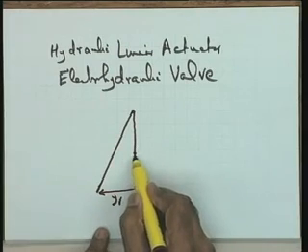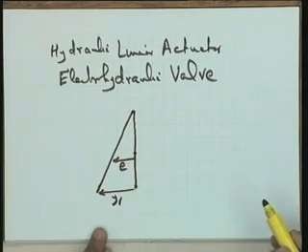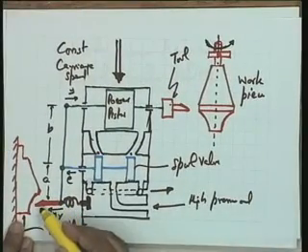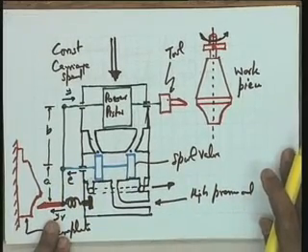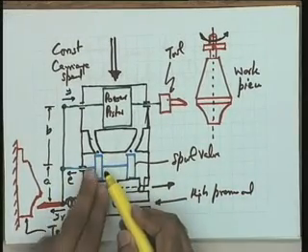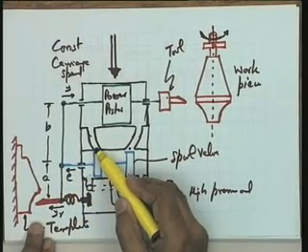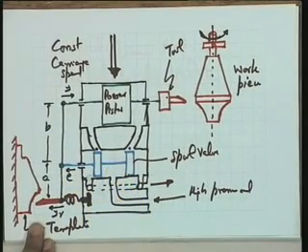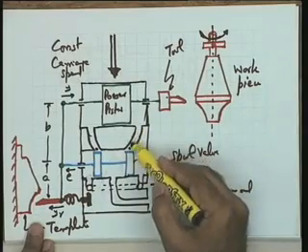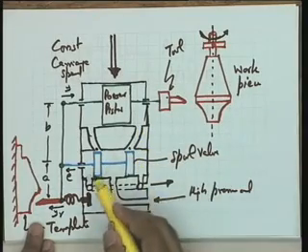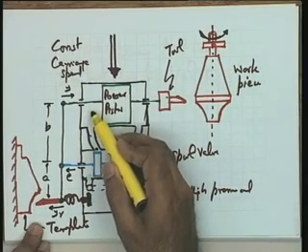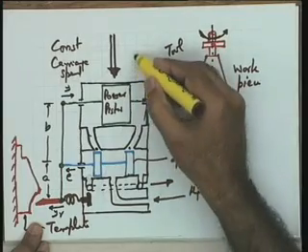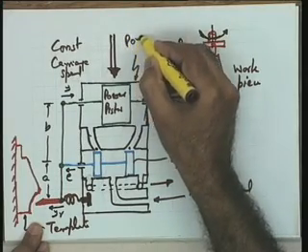Okay? So, it means with respect to this, there will be an error E. Now, what is this error doing? This point moving in this particular direction, it means spool is going to move to the left. Help me please, what will happen to this particular port? When the spool moves to the left, you find that this port is open to the high pressure oil, and this port is open to the drain. So, as soon as this moves to the left, high pressure oil rushes to the left side chamber of the power cylinder. I can say that this total unit is a power cylinder.